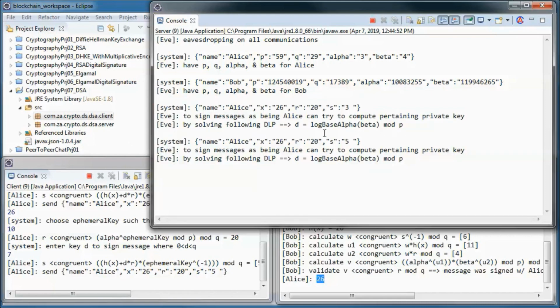But in order to send the messages as being Alice, she needs to sign them, and in order to do that, she needs to obtain Alice's private key. And to do that, she needs to solve this discrete logarithm problem, log base alpha of beta in mode p.